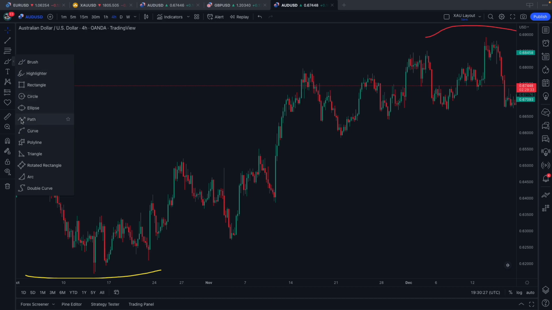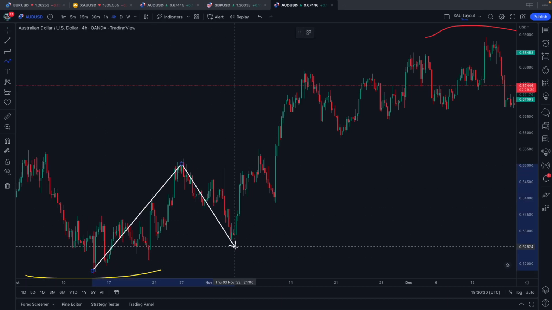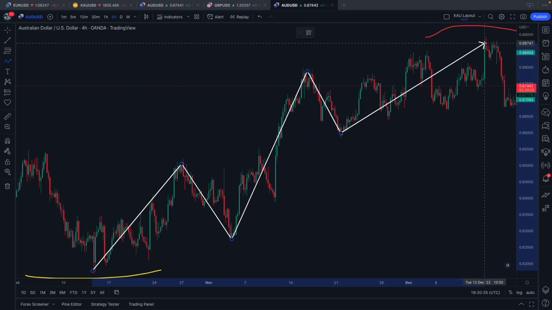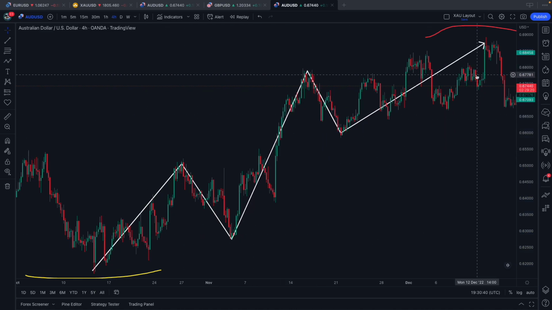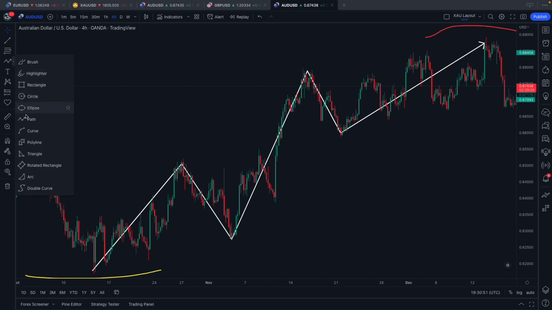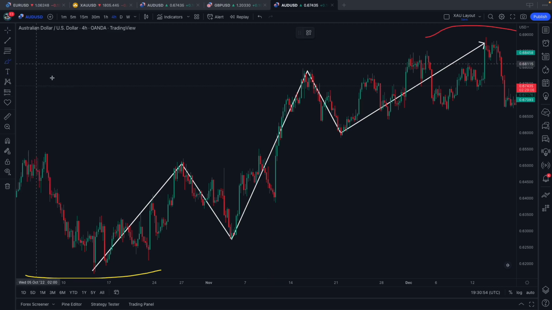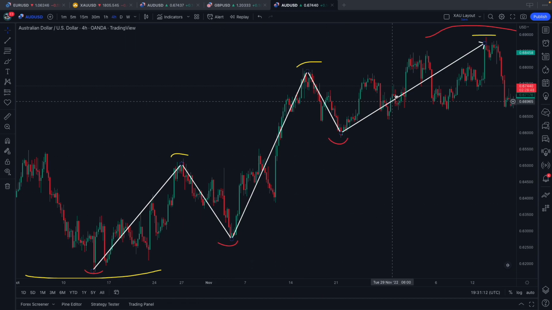Again, what I'm going to do is highlight this bullish structure to give you a better understanding. Without being too specific, I have just drawn out the structural lows and highs. I've not been too specific with the actual fractal structure within them. But as we can see, we have the creation of higher highs and higher lows. So if we do the exact same thing as last time, we mark out the lows and then we mark out the highs. Perfect. Okay, so we have the creation of higher highs and higher lows. As we know, this is clear bullish structure